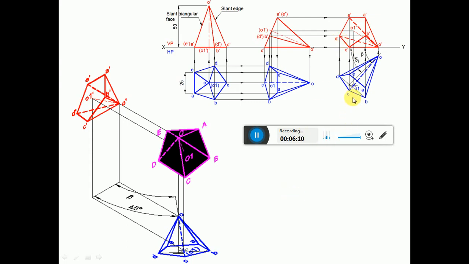Once you look from the front view, A, B, C, D, E, A is a pentagonal surface which is near to the observer, which is quite evident from here also. So the entire pentagonal surface A, B, C, D, E is near to the observer, so it becomes visible. So you join between A dash to B dash and B dash to C dash with a dot line. So then we are left out with B dash O dash and E dash O dash and D dash O dash. So here when you look from the front view, this is the pentagonal surface which is quite evident, which is going to be visible. So you are going to dot them.